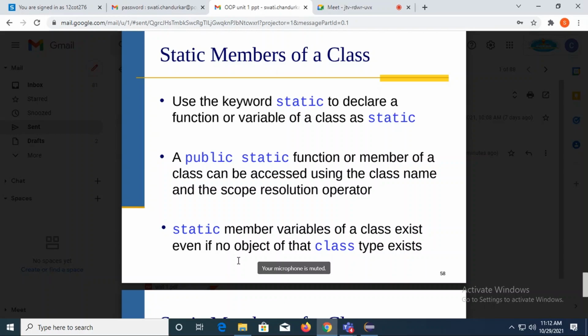And if I'm using the keywords static, const, int a, semicolon, what does it mean? It means that integer a is a variable which is of type constant. That means the type says I cannot change the value.